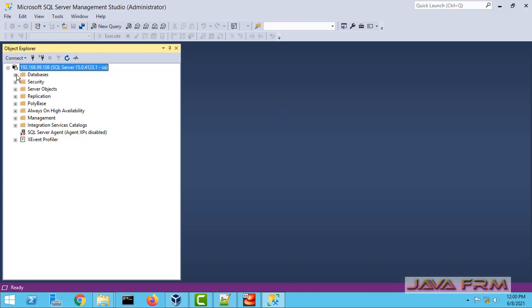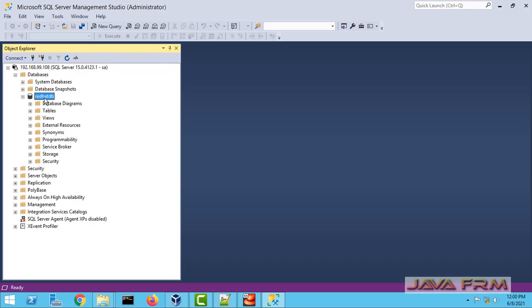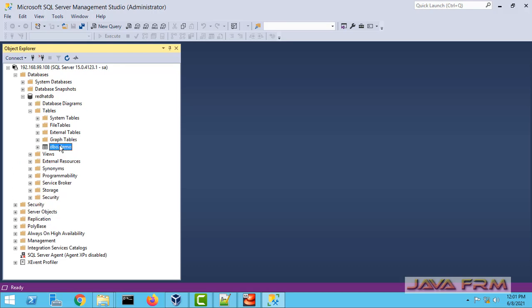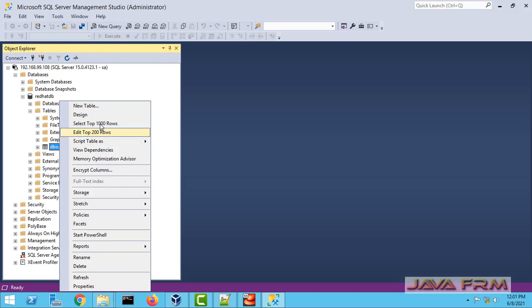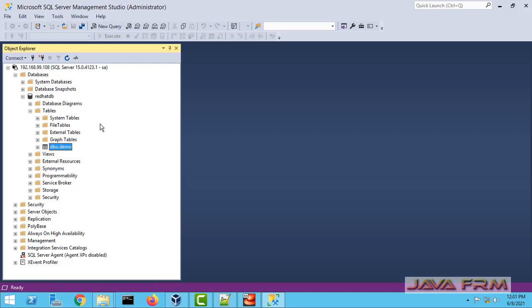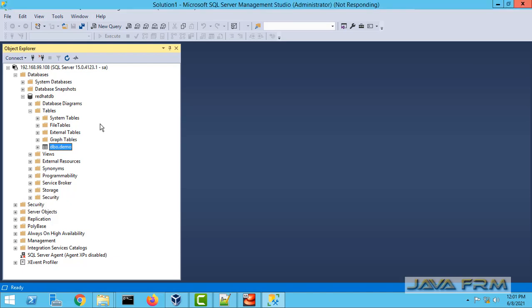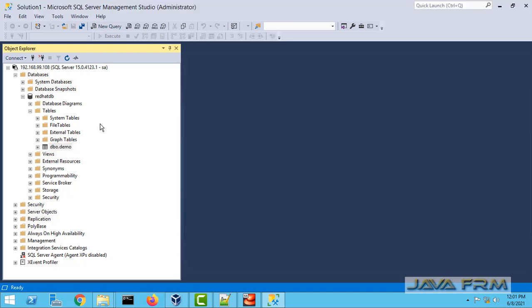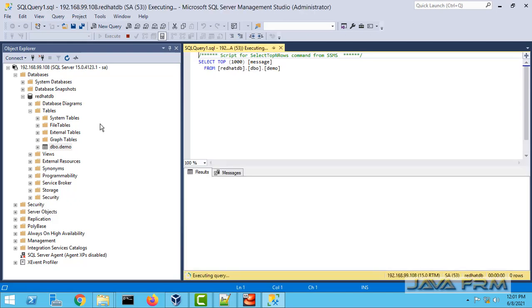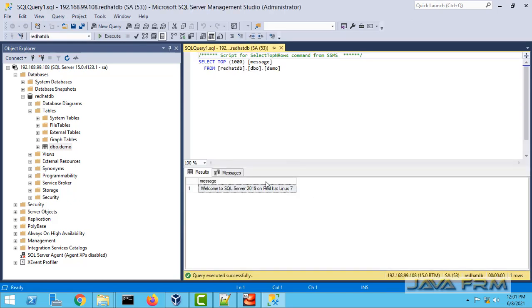Yes, I am able to connect to SQL Server 2019 running on Red Hat Enterprise Linux 7 through SQL Server Management Studio. Let me browse the table and select the table. Yes, so everything is fine.